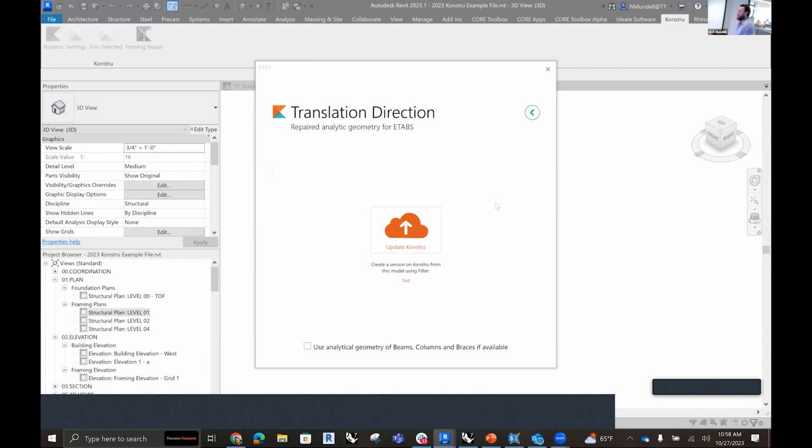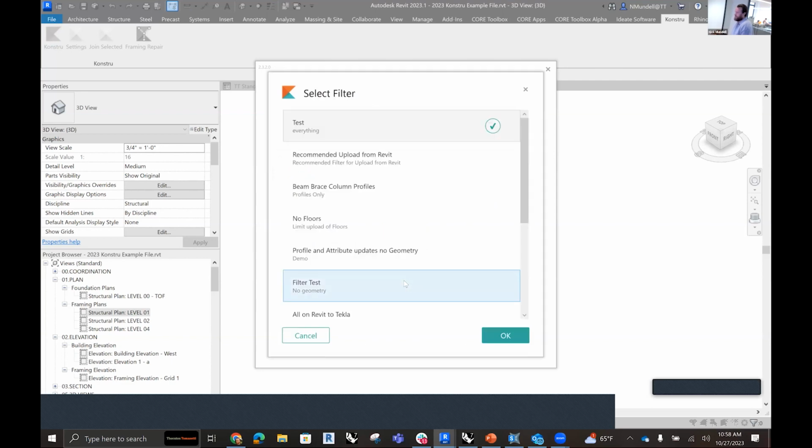And then we have another interface to review here. So we have a big button that says Upload to Konstru. We also have the option here to change the filter. In this case, I am going to choose the recommended upload from Revit. We'll talk about filters in more depth in a minute, but for now, I'm just going to make sure I